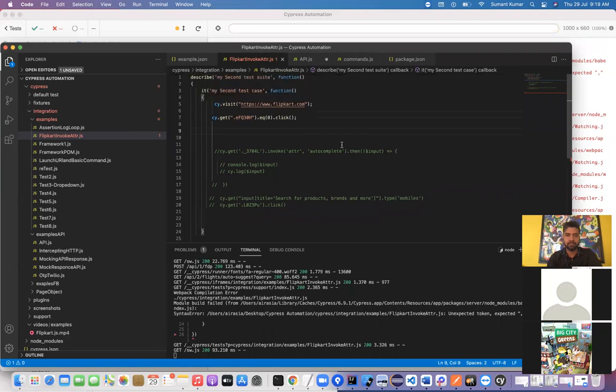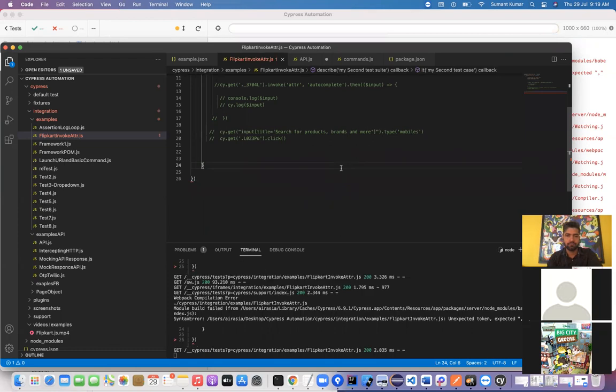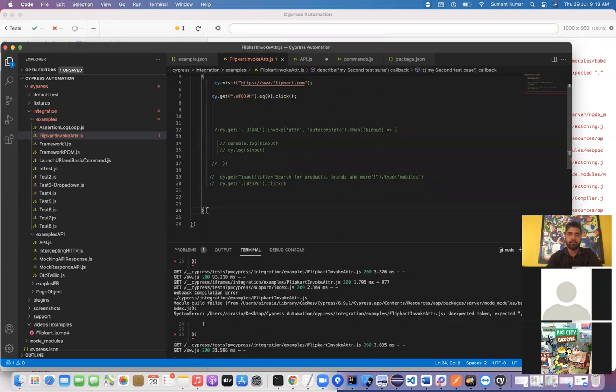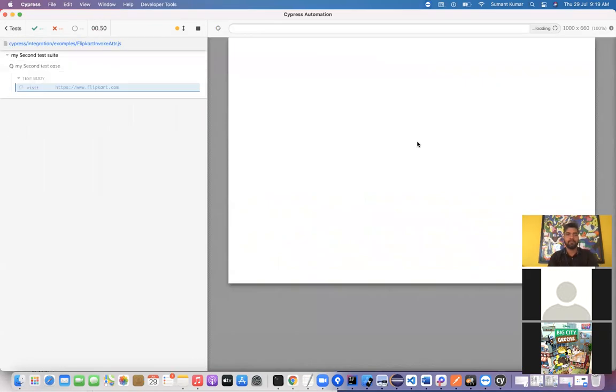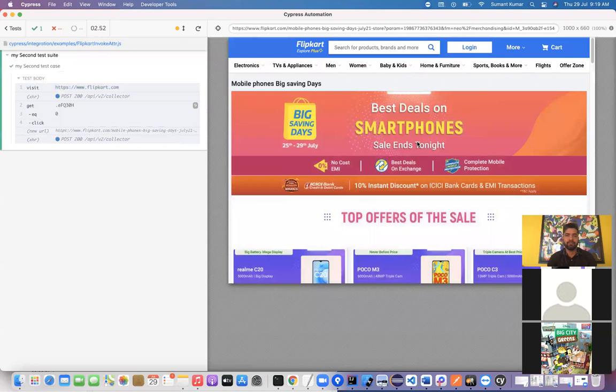What is the issue? There is one extra bracket, or here, less bracket. Is it? No, no, no. Yeah, I guess I missed something. I removed something from here. Yeah, this is it. So let's see, I will put 0 here and save it, and you can see. This time we should click the first element, right?